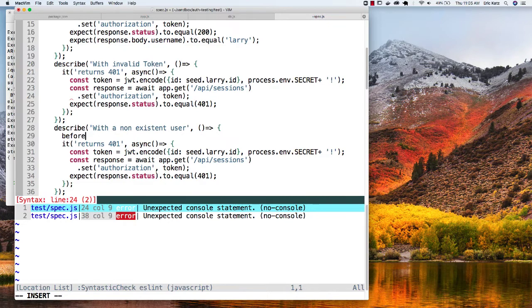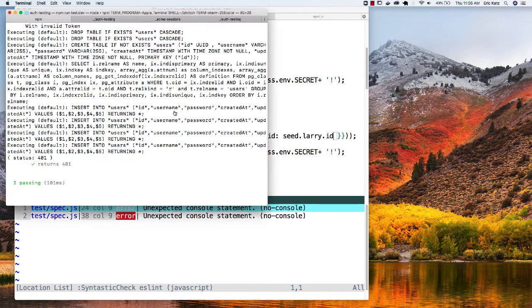Maybe we'll go over here and make this async, and we could await, and we'll say user destroy where ID is equal to seed.Larry ID. So we're going to expect to get a 401 if this happens,